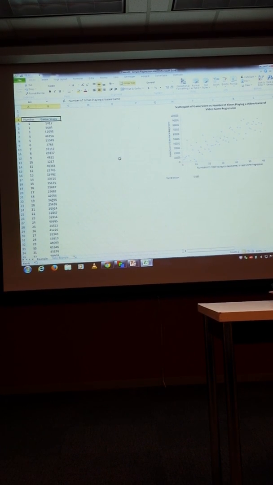Copy the column headings, which are like your variable names, right? So copy those